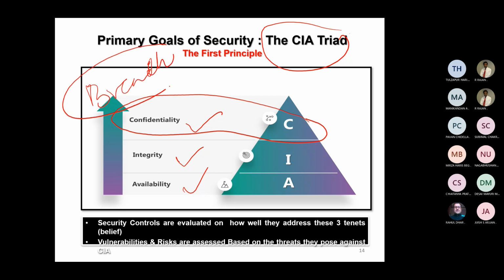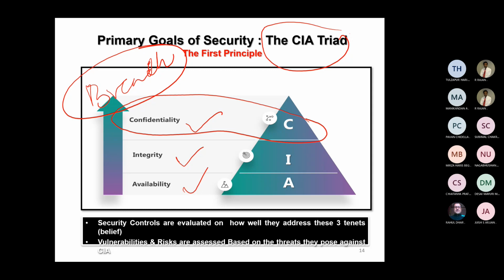Now, for example, each one of us must have been using an internet banking account, right? On the last day of a month, predominantly the salary is getting credited. If somebody who is not known to you calls you and tells you that your account has been credited with about 75,000 rupees as salary for this month, then the confidentiality, which means the account-related information that is required to be known only to you, has now been disclosed to somebody who is not a part of your system and who has not been authorized.